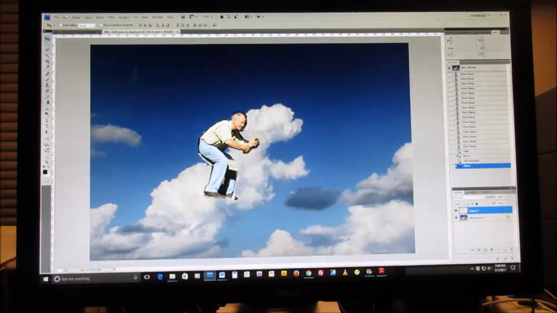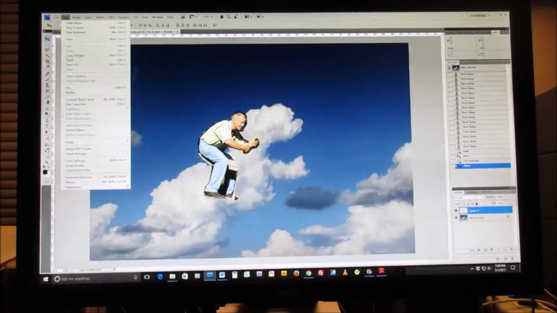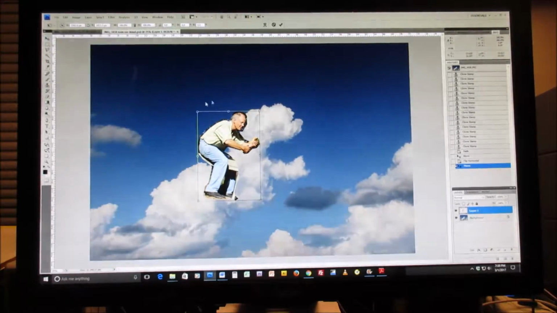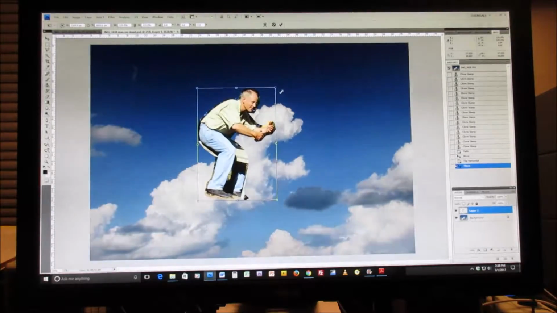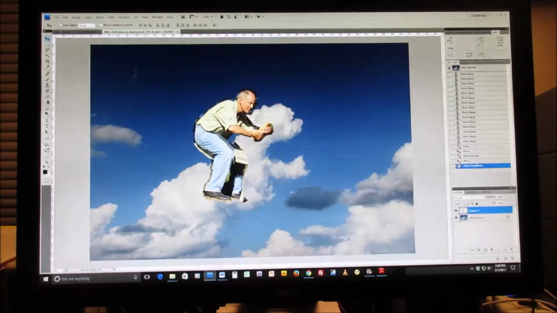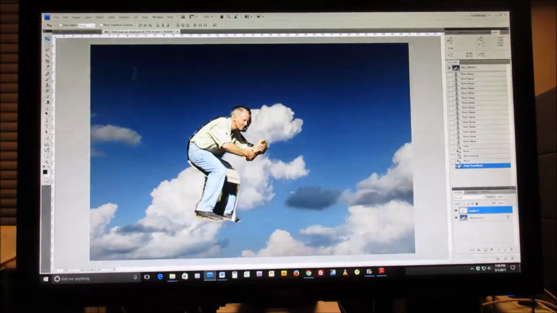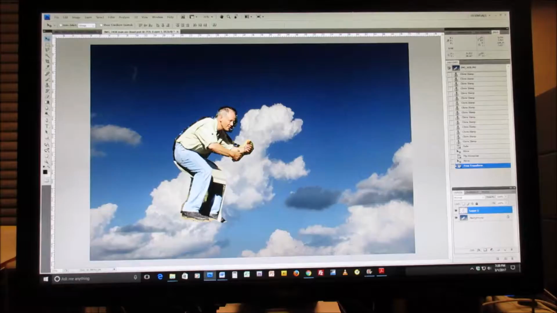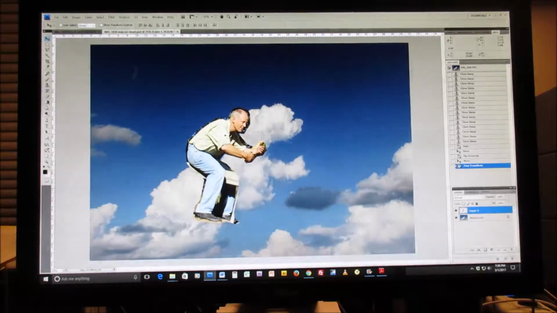I want to blow him up a bit, so I'm going to go to Edit, Transform, Scale. Now I'm going to hold down the Shift key and put the cursor in this upper right corner. I'm holding down the Shift key. I'm going to push the left key and hold it down and then drag up to the right. Now I let go of all the keys. Now I'm going to double click right on that image. Try and get this so it looks like his left arm is around